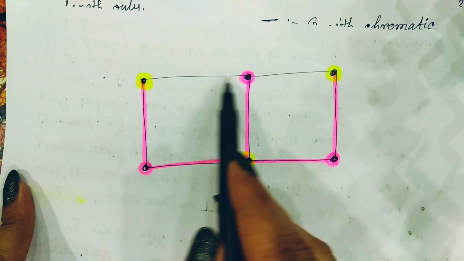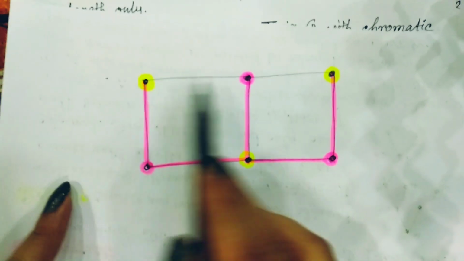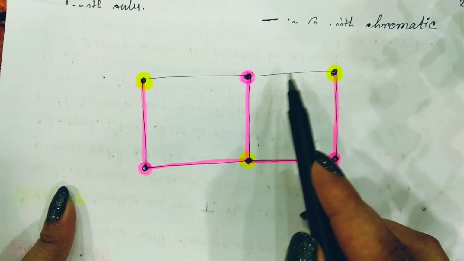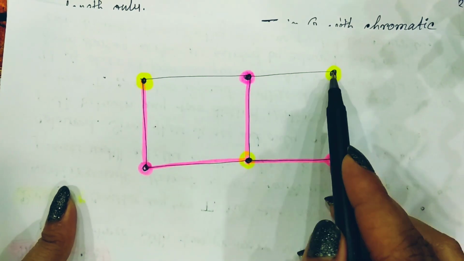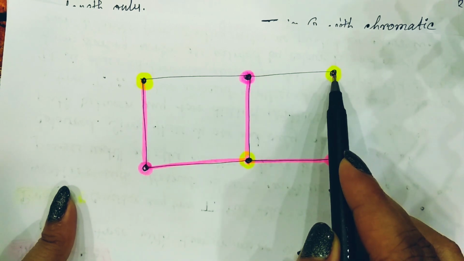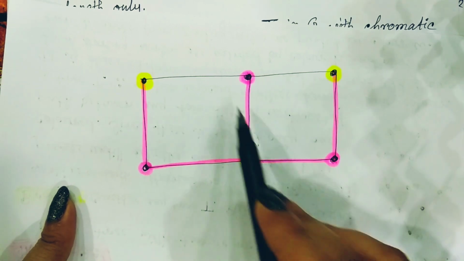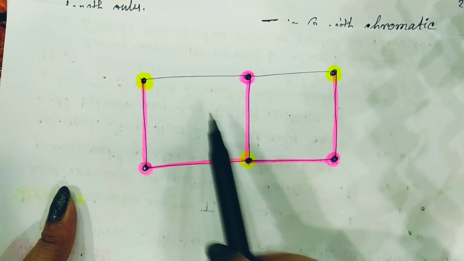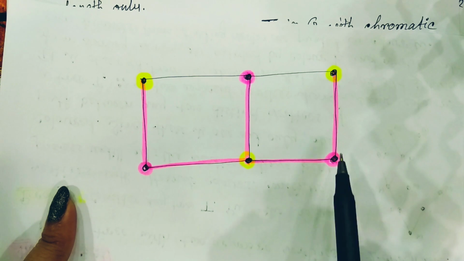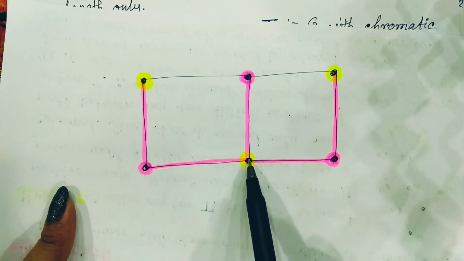So now when we add this one, these two vertices are adjacent and these two have different colors. Similarly, if we add this one, then these two vertices are now adjacent and these two have different colors. So it will not affect the coloring of the graph. Hence, this is the total number of colors required to color a graph if the given graph has only even circuits. So a total of 2 colors are required.